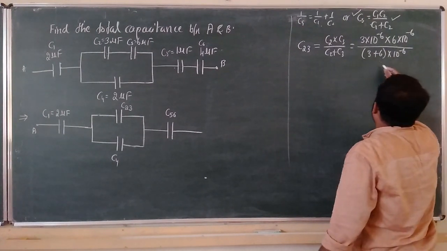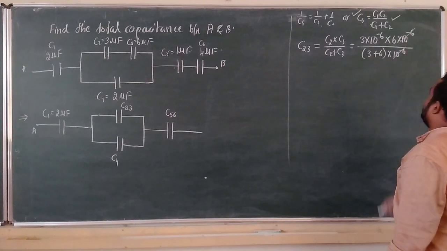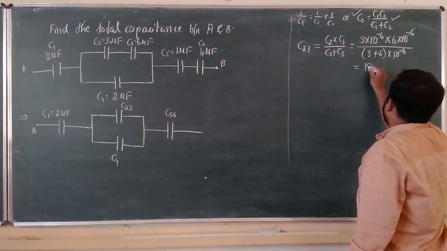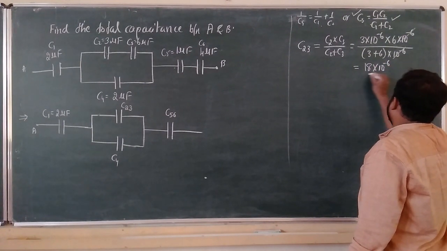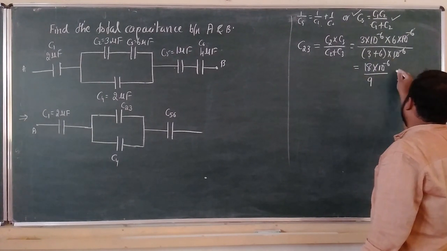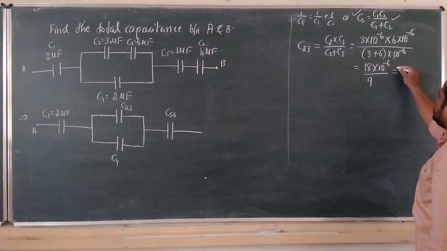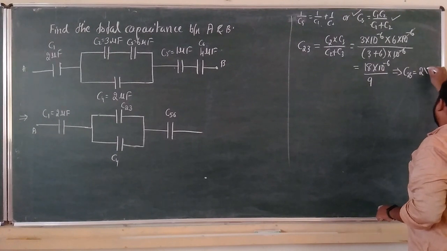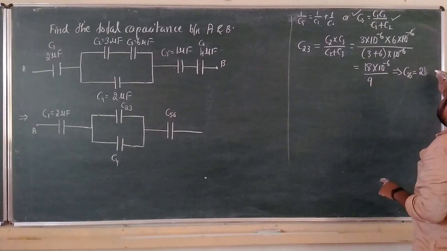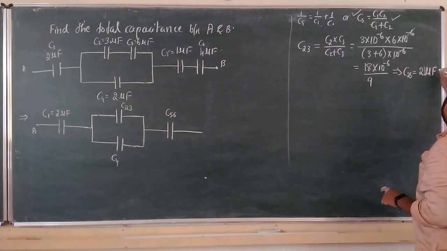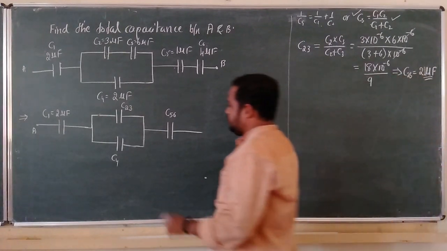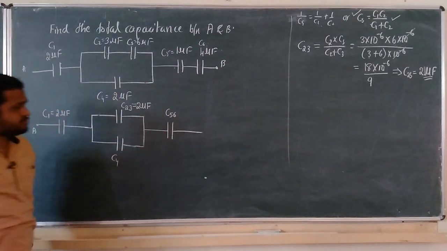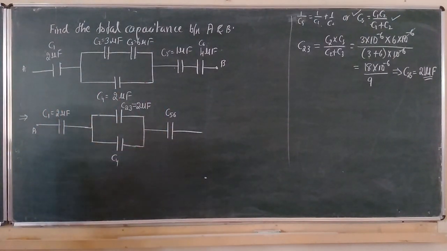So C23 is equal to this much. 10 power minus 6 cancels, so it is equal to 3 into 6, 18 into 10 power minus 6 divided by, in the denominator it is 9. So 18 by 9 is 2. So C23 is equal to 2 into 10 power minus 6, which means 2 microfarad. So we got the value of C23. Now C23 is equal to 2 microfarad. I think it is clear. Similarly,